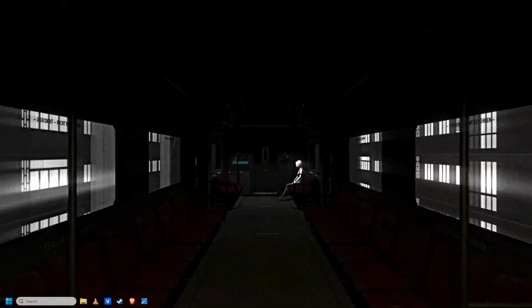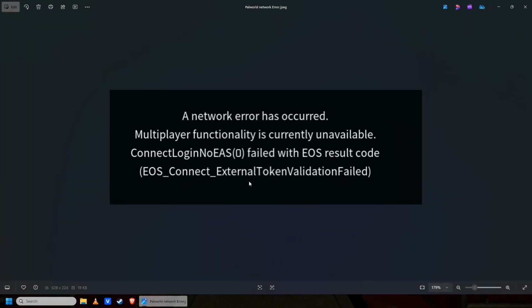Hello everyone, if you want to play Palworld and you keep getting this error, a network error has occurred, then you have come to the right place because in this video I'm going to show you how to fix this error on Palworld easily. So the first thing you're going to do is open up your start